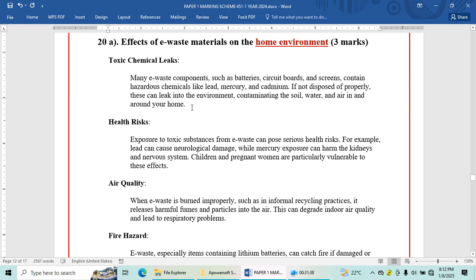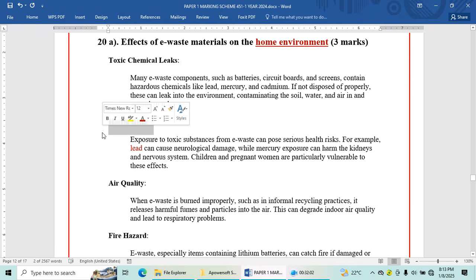Number two, health risks. Exposure to toxic substances from e-waste can pose serious health risks. For example, lead, this is a chemical called lead, can cause neurological damage, while mercury exposure can harm the kidneys and nervous system. Children and pregnant women are particularly vulnerable to these effects.